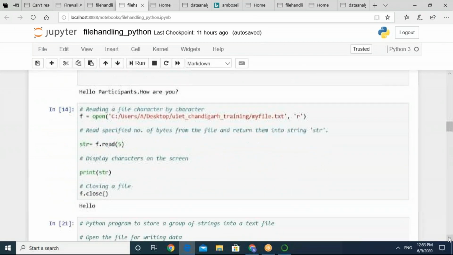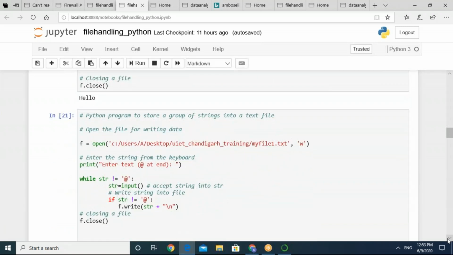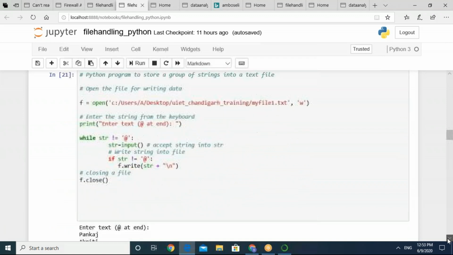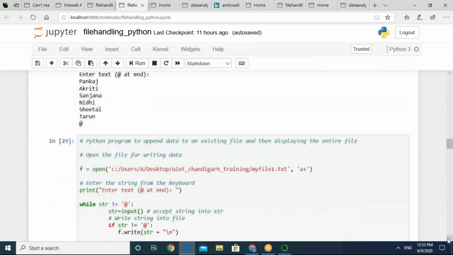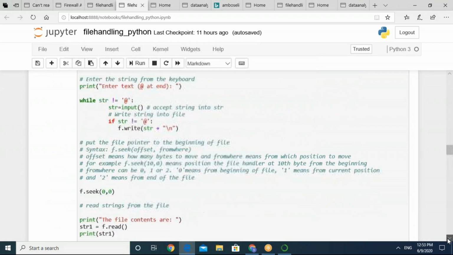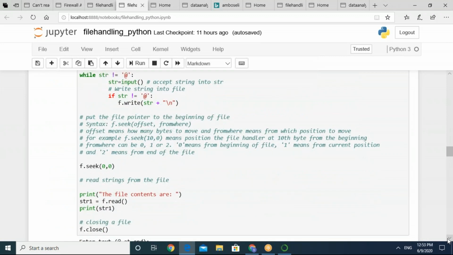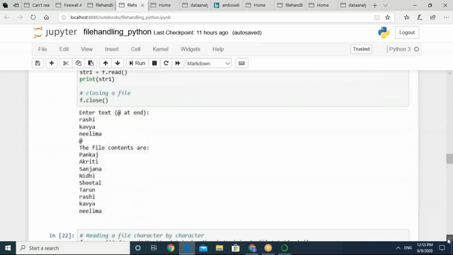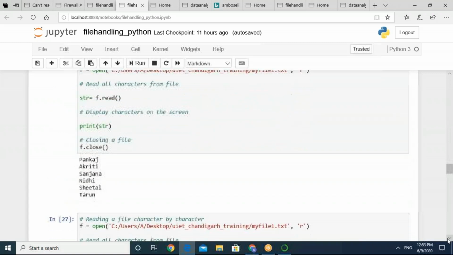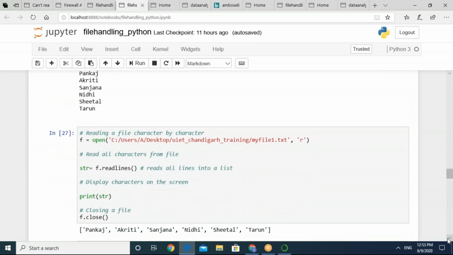Mainly the other functions that we have tried were the read method, and in the read method we have passed the argument value. It can be the number of bytes that you are interested in reading. So that also we have tried. And another method that we have gone through is write and writelines. So that was also quite effective. In write and writelines, we had tried to write all the contents line by line, and we have tried one more method,